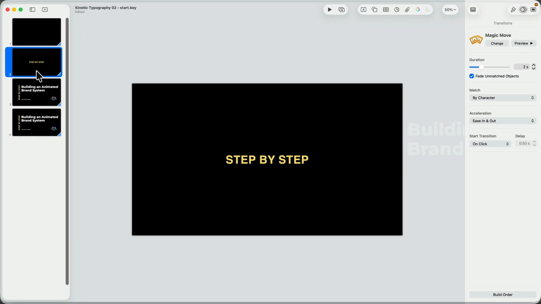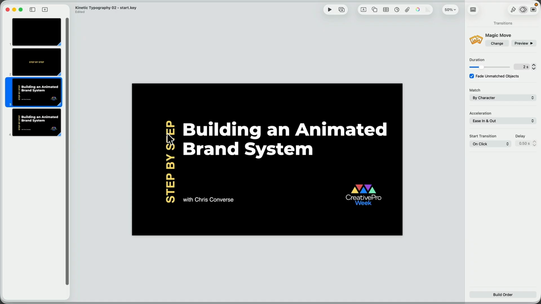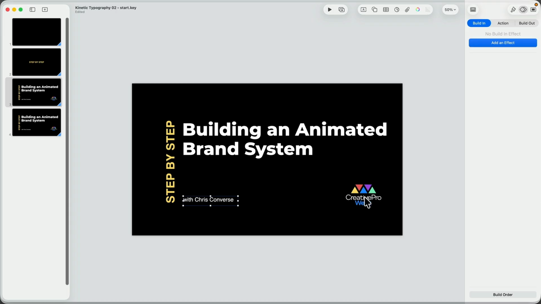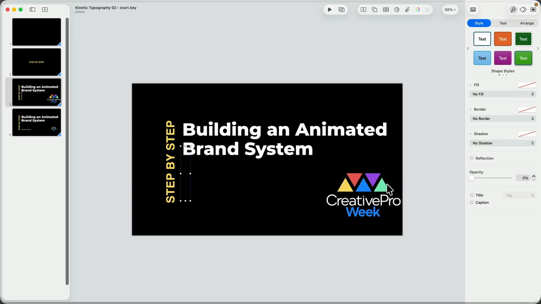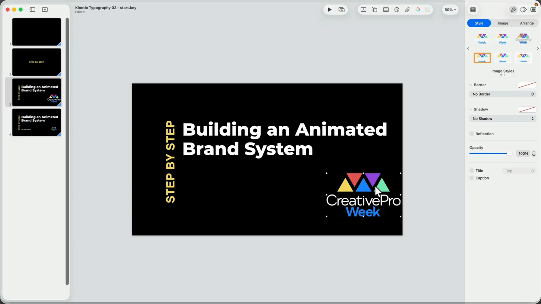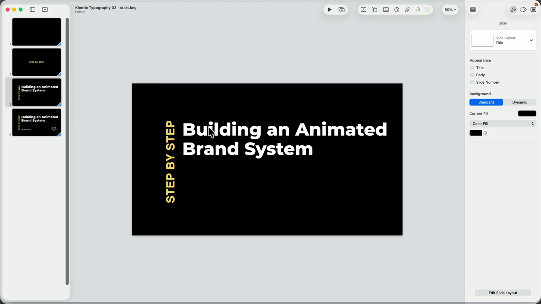Then from this slide to slide 3, I want to have the brand system in place, and I want to have my name and the logo sort of scale down. So we're going to come in here. Let's scale this up. And instead, I want to have mine rotate, not scale. So move this up. I'm also going to move this over here. I want it to sort of animate down and across from the step-by-step. Back to opacity. We'll turn that down. We'll turn this opacity down. Actually move this up so it stays in the corner. Animated brand system, we'll keep that in place.